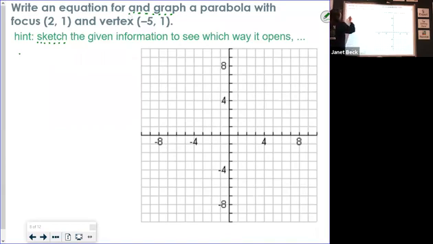So the shorthand way that we might give you this question is we might just write this. Can you see what that means? F for focus, V for vertex. Now, how we actually look at your equation, the things we look for, have you written the equation in the form of a parabola? When you get to ellipses and hyperbolas, you'll really see what I mean there, because they look